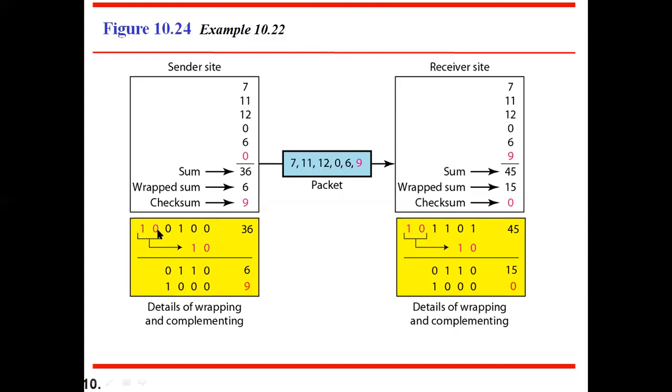How many bits are coming here? Yes, sir. 1, 2, 3, 4, 5, 6. Then we are interested in 4-bit representation because checksum works on 4-bit representation. That's why these extra 2 bits have to be removed. Then they should be added to the previous bits. Then you will get a wrapped sum. Then that wrapped sum should be taken as a ones complement.